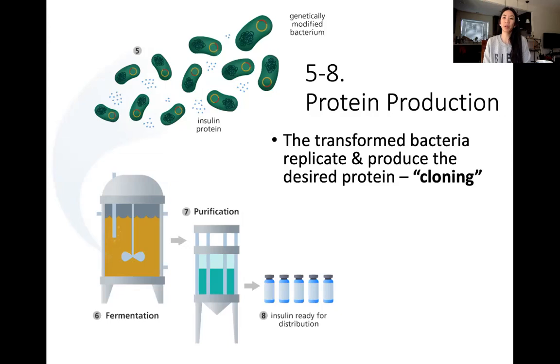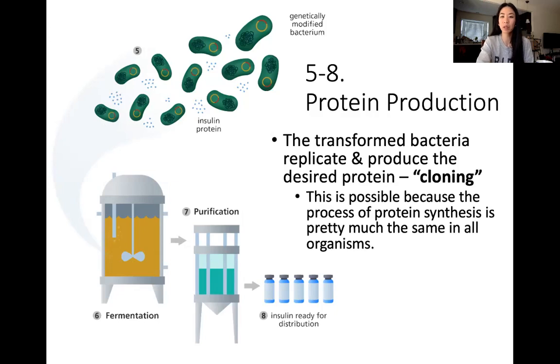This step, generally, we can refer to it as cloning. So the term cloning is making copies of something. So bacteria cells are making copies of themselves, right? Because they're replicating. But through this process, they're also making copies of the plasmid. So the plasmids are also kind of replicating throughout all this. So you have multiple plasmids, you have many bacteria cells, and now you have a little insulin producing